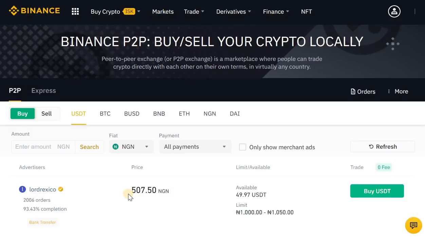And when I choose to buy USDT, I would be buying at this rate at around 507.50. Now, the way a Binance P2P merchant profits is that this price I would be buying at is the merchant's preferred rate. Now, the actual rate is always different from the merchant's rate. 1 USDT to Naira could be 500. But since I am interacting with a merchant's ad, the merchant can give me 1 USDT for 507.50. Now, the difference between the merchant's ad and the actual price of USDT is the profit the merchant would make out of this trade. Now, the profit would be 7.50 Naira.